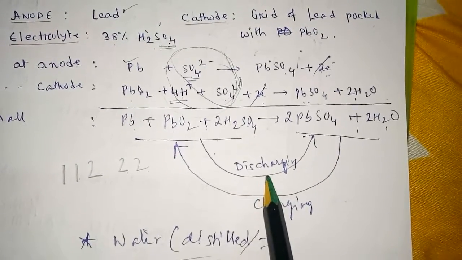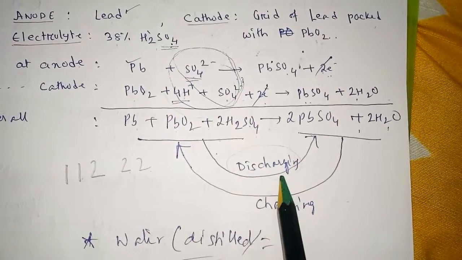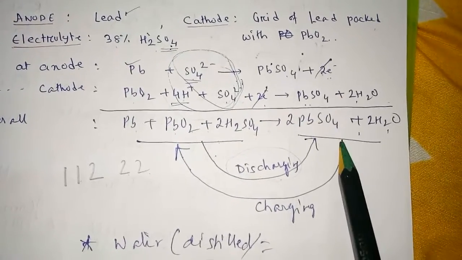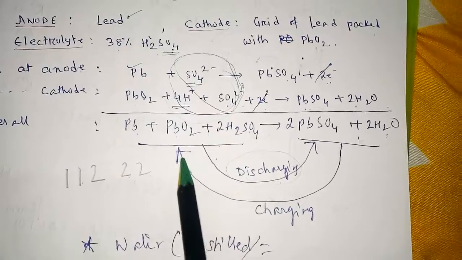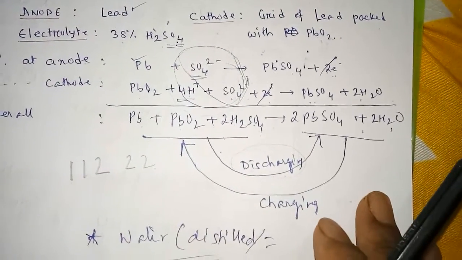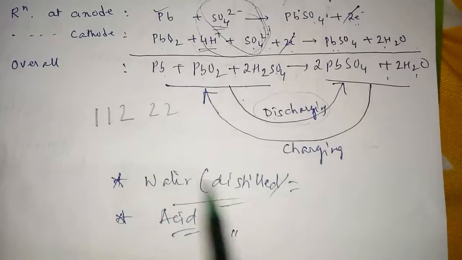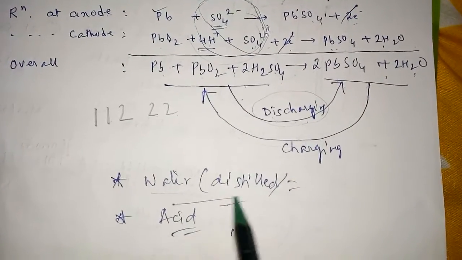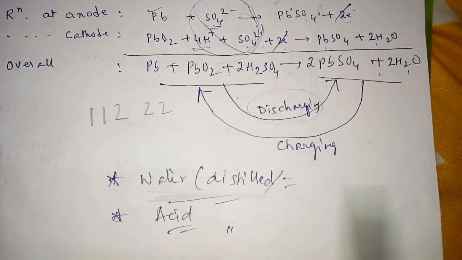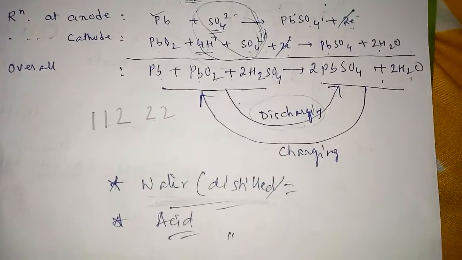When the inverter is working, this discharging reaction takes place, and when we have electricity, the opposite reaction takes place. This is the reaction of charging; the battery gets charged. Now in this case we are using distilled water in inverter batteries. Distilled water is used because